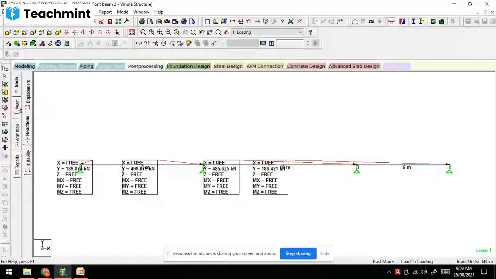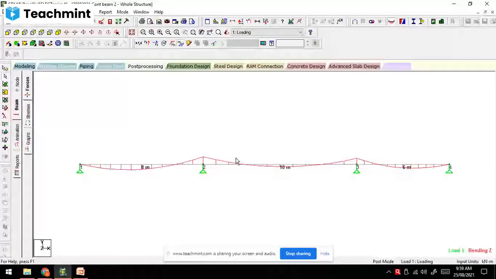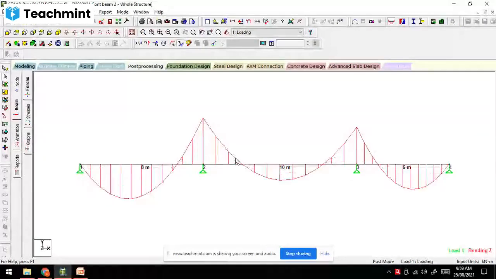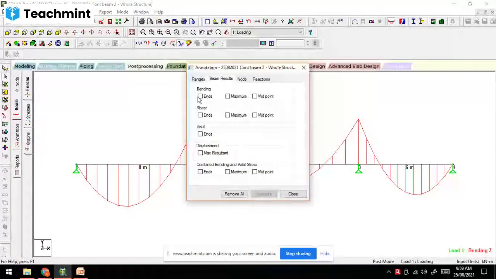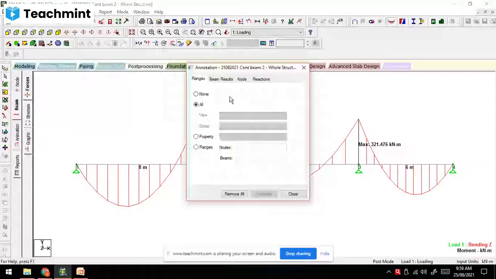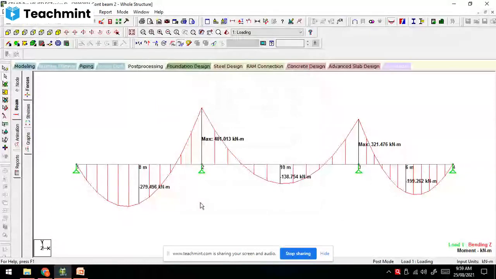Now we will go to the beam. For that, we will check the SFD BMD diagram. So now we will see the values. So these are the values: 279, 401, 138, 321, 199.